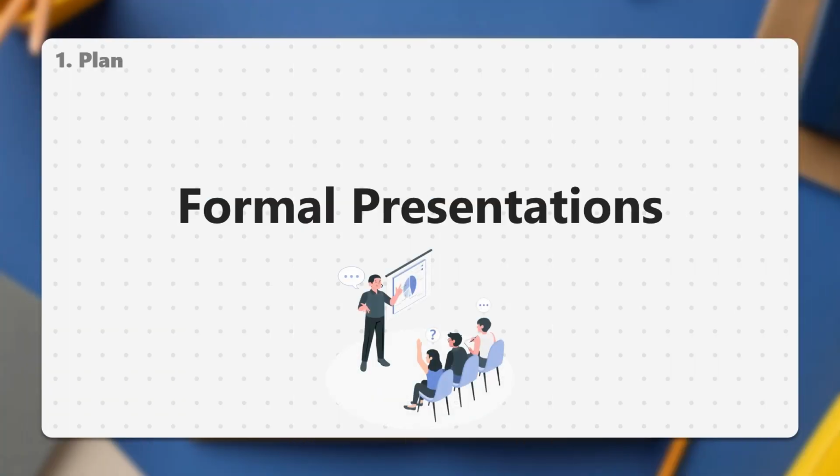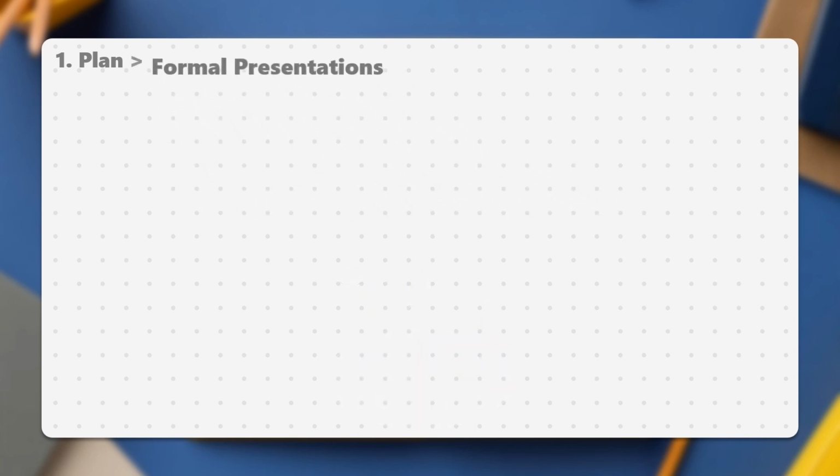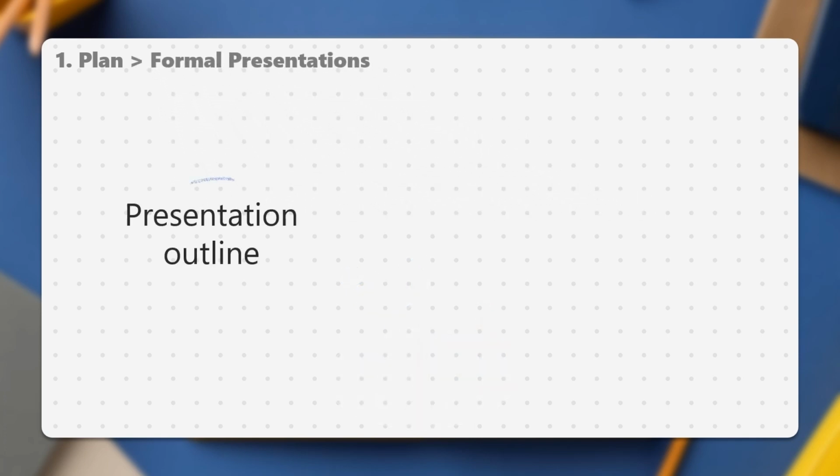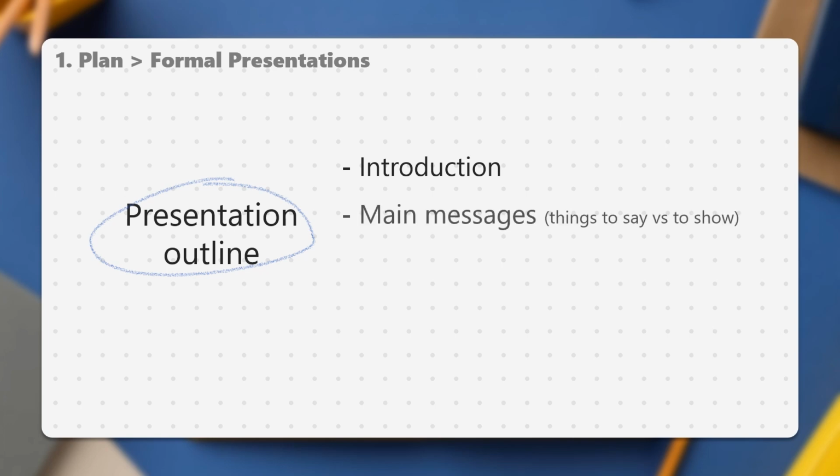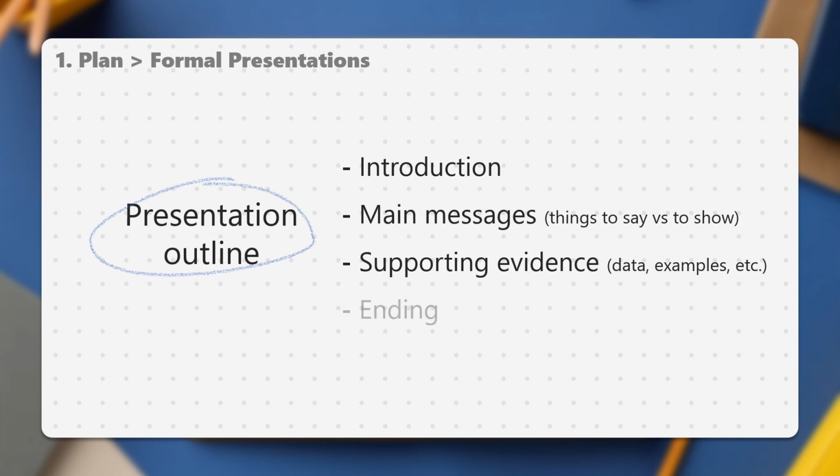An outline will help you organize your presentation and ensure that you cover all the necessary points. To begin, consider the following elements to include in your outline. Start with an opening to grab attention and introduce your topic. Break down your ideas into clear, distinct sections for easy understanding. Reinforce your points with data, examples, or anecdotes. Conclude with a closing statement or call to action.